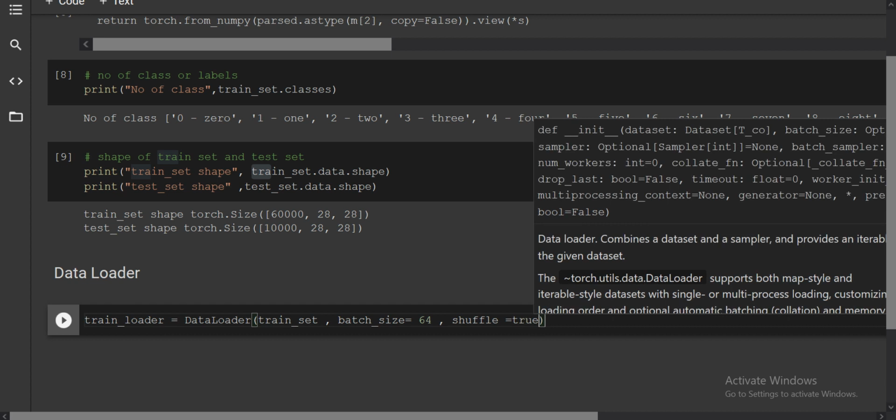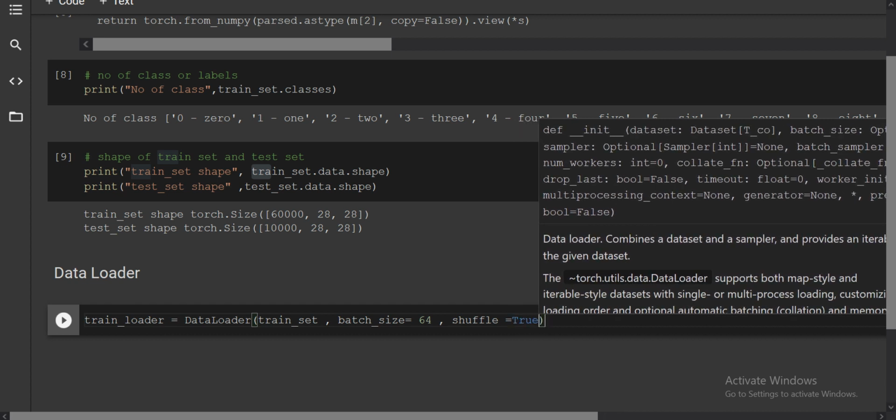If we want to shuffle this data, whenever you give the data set to a model without shuffling, it will just learn the first part. Suppose you have 60,000 samples, the first 8,000 are all zero digits, then the next 8,000 are all one digits. So you want to shuffle the data set because otherwise the model will learn a false pattern, and there will be a problem of overfitting. The model will perform much better on the training samples, but whenever you validate it on the test data, it will not give you good accuracy. That is the case of overfitting.